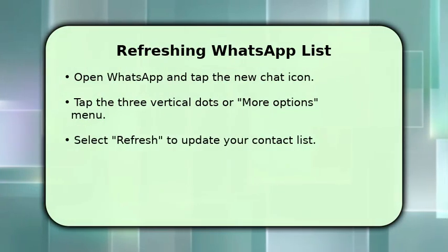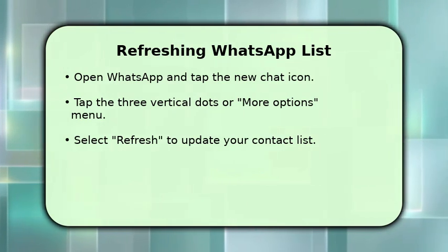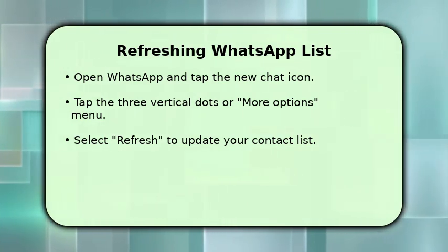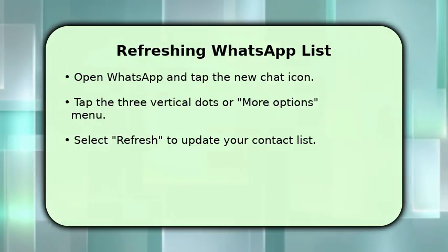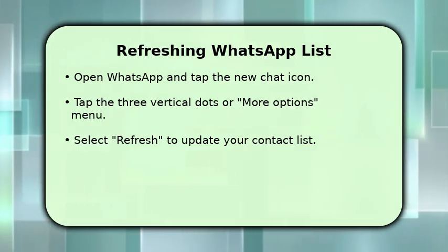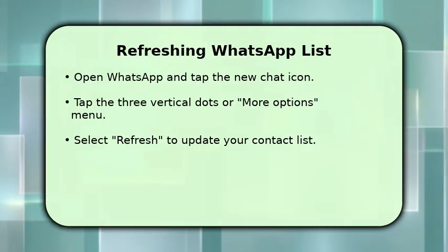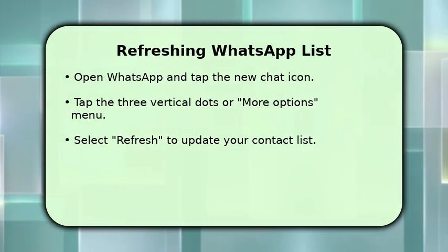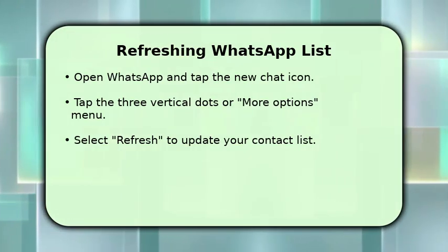Once permissions are set, open WhatsApp. Tap the green chat bubble icon in the bottom right corner to start a new chat. On the new contact screen, you will see 3 vertical dots in the top right corner. Tap these dots, then select Refresh. This action prompts WhatsApp to rescan your phone's address book and update its internal contact list, bringing in any new